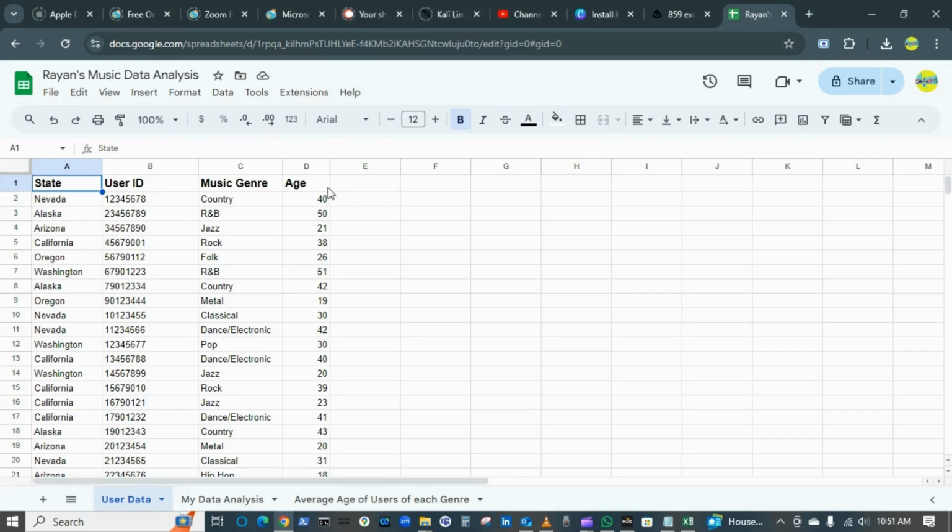So you can analyze this information using Excel, showing what's the age of those people who love country music, who love rock music, who love jazz music, who love metal and classical. Or you can say which state is more engaged in R&B, rock. That means you're analyzing the information.